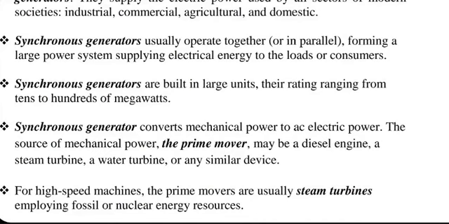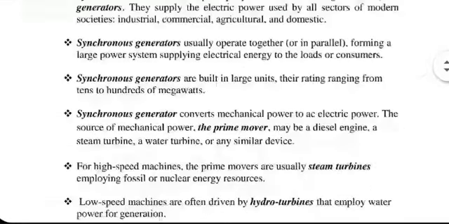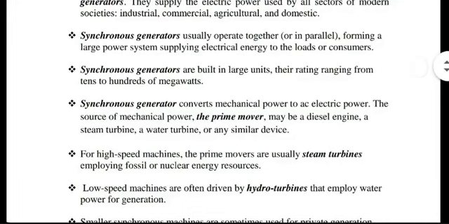Prime mover, as I was mentioning last time, can be either a turbine or it could even be a diesel engine. It could even be a DC motor, as far as I know. Nobody stops you. Turbine is a particular example of a prime mover. Prime mover is the general term used for the entity which is supplying the required rotary mechanical power to the generator. And turbines are the most commonly used prime movers.